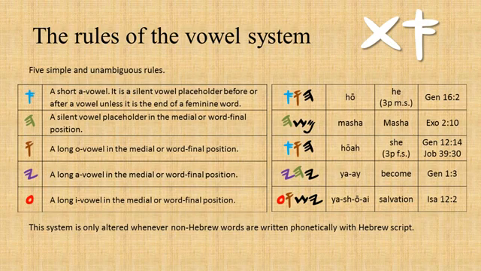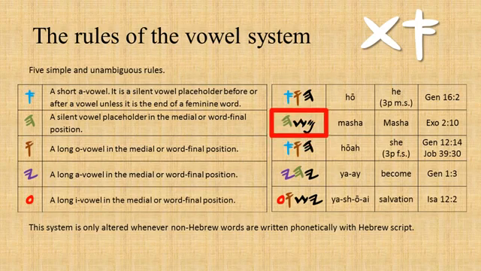All Hebrew words begin with a consonant except when this letter is the first letter of the word, in which case it is either a short A vowel before a consonant or a silent, toneless vowel placeholder before a vowel. It is also a toneless suffix in masculine words. The example given in the chart is the third-person masculine singular pronoun ho, which means he in English. The letter ah is silent in this word because it is the masculine version of the third-person singular pronoun.